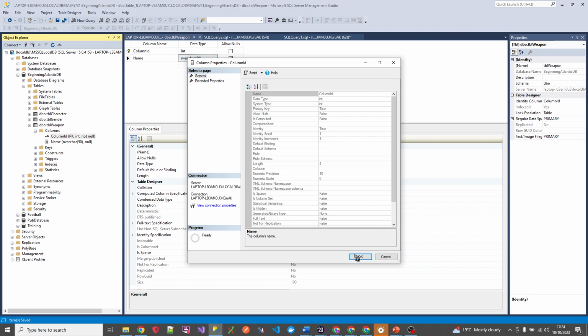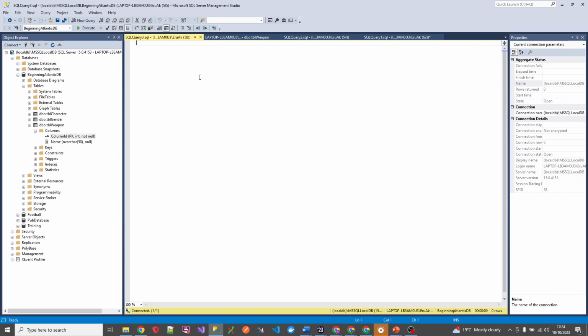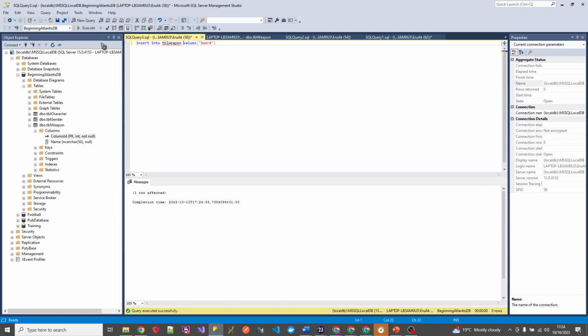So let's try and do that. Let's try and insert some data into this new table, okay. We'll spin up a new query. There we go. And we can go insert into TBL weapon values, and then we want, ooh, I spelled that wrong, but anyway, I'll correct that in a second. Value sword, close the brackets there, get rid of that V, and when we execute this query, we get